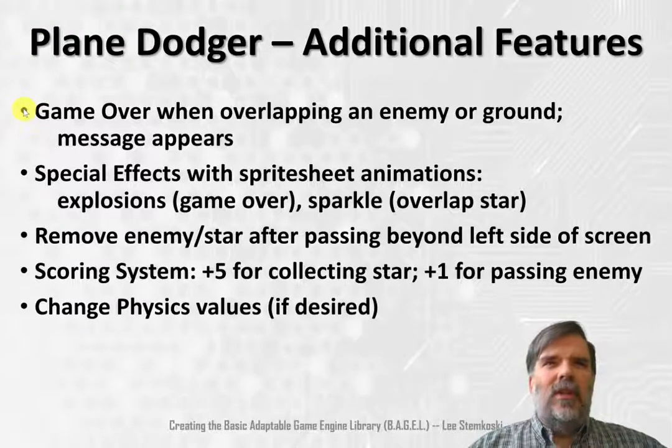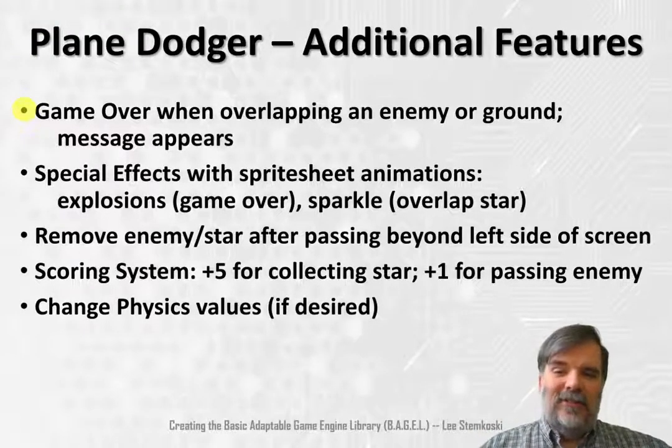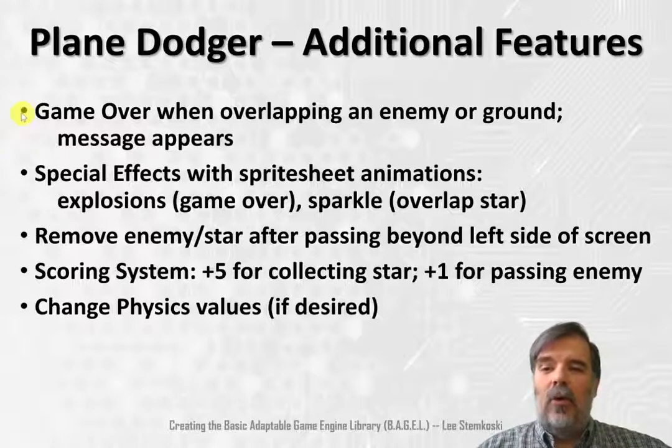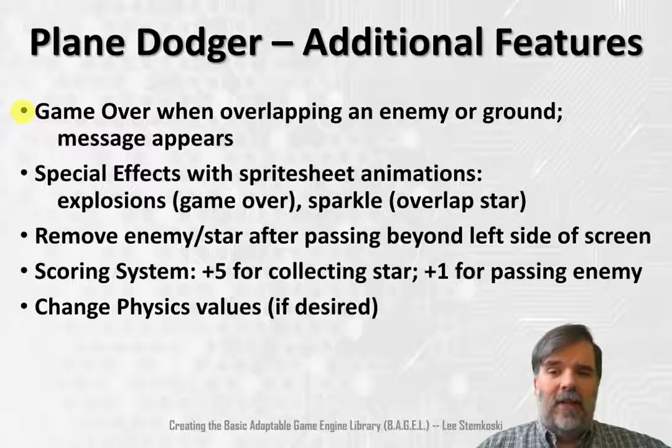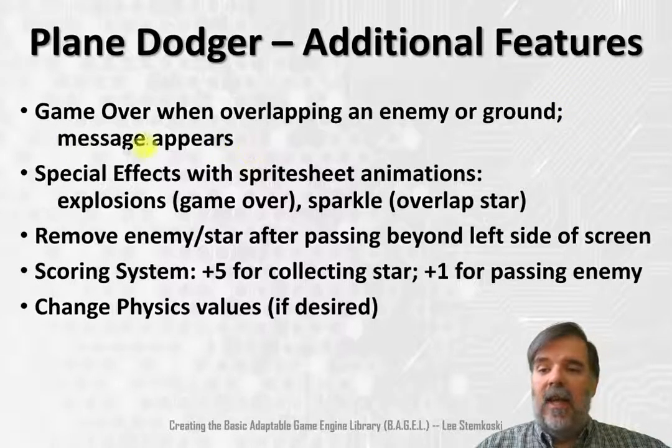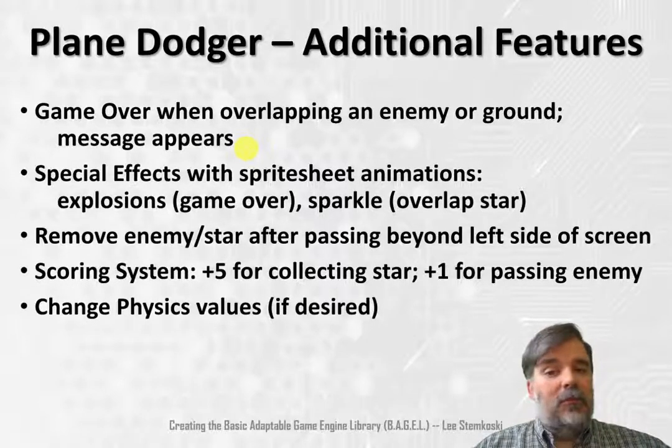First, there's really no game ending condition, so we need to add a game over state. In particular, two things should signal the end of the game: if the player plane overlaps with an enemy, or if the player plane overlaps with the ground. In that case, you should remove the player plane and create some kind of a game over message that appears. This could either be text in a label, or you could have some sprite display an image containing a game